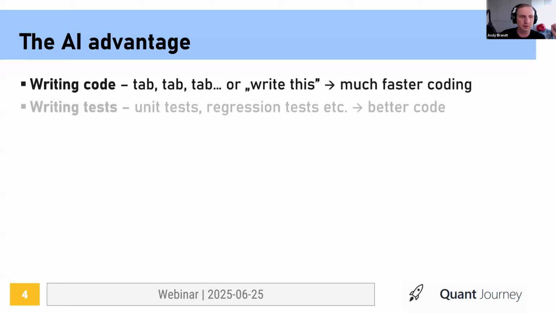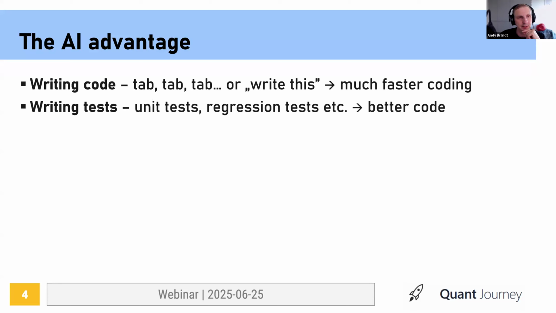Another thing is, of course, writing tests. And let's admit it, we don't like writing tests, do we? It's not what we want. We want the functionality to move ahead. And I know everyone is talking about it. I know we have approaches like test-driven development and so on. But nevertheless, let's be honest, more often than not, we just press ahead with functionality and worry about testing later.